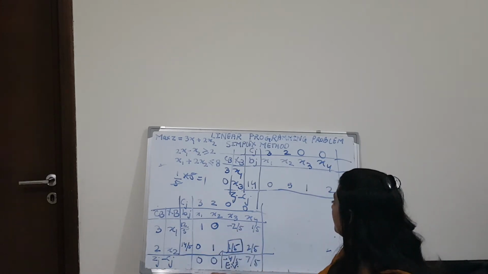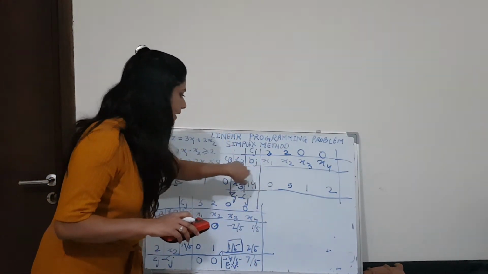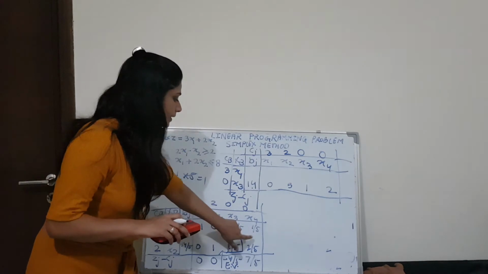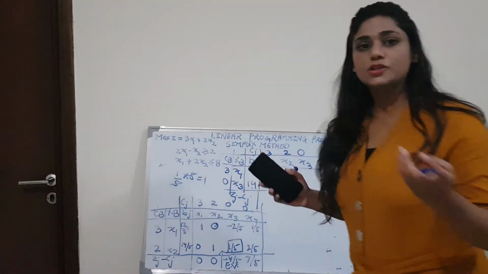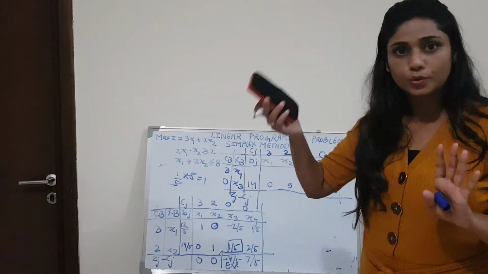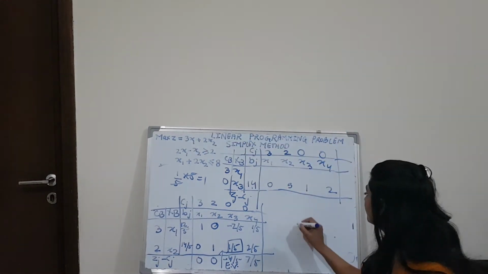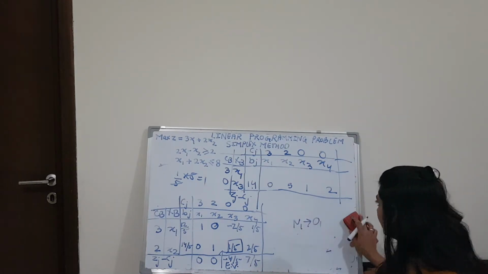Now we will make n1. We have n2 and we will now make n1. This is O1 and O2 for this simplex table. So n1, as you know, we will calculate from O1 only, and n2 we will calculate from O2 only. So n1 we will calculate from O1 only.